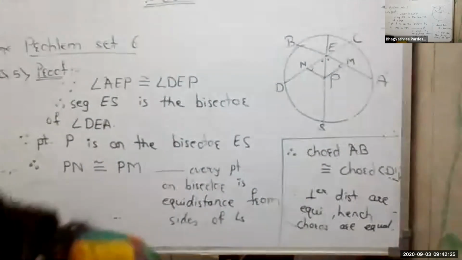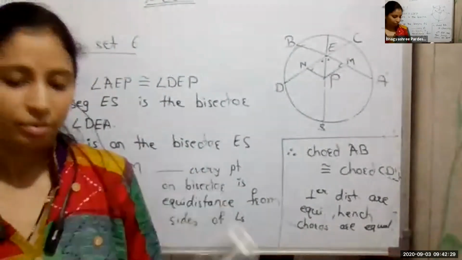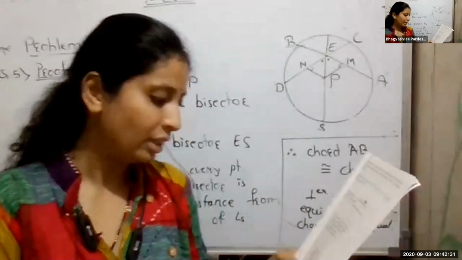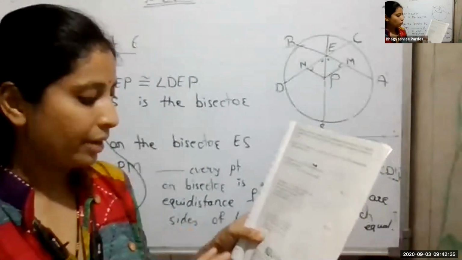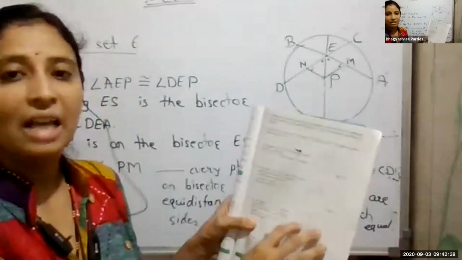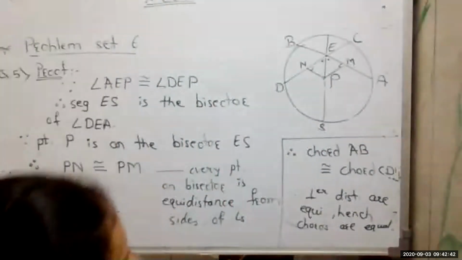So, students, the last question, it is very easy. I'm just explaining, I'm not solving this one. In this question, what was here? You are given one diameter, and we have to show that this is an isosceles triangle. Isosceles means the two sides are equal. That means in this question only,